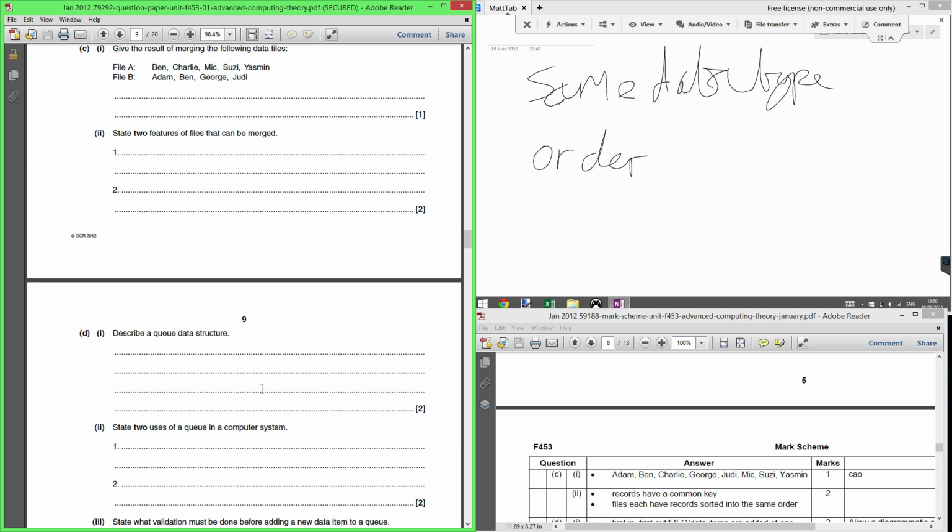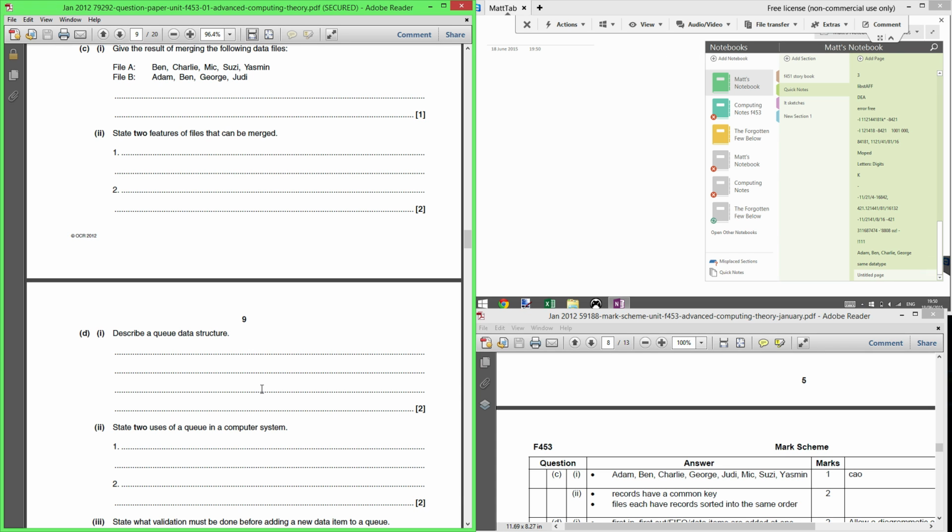Describe a queue data structure. So a queue is, you probably say first in, first out. And quick response time, maybe, or no, because the person at the end of the queue doesn't have a quick response time, so it's first in, first out. So uses of a queue. So 2 uses would be